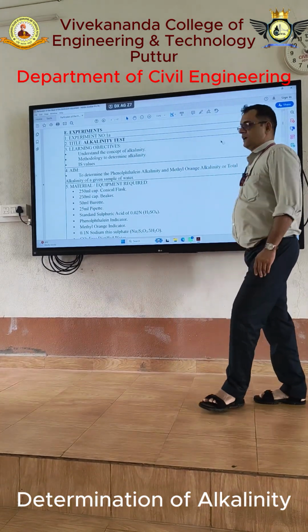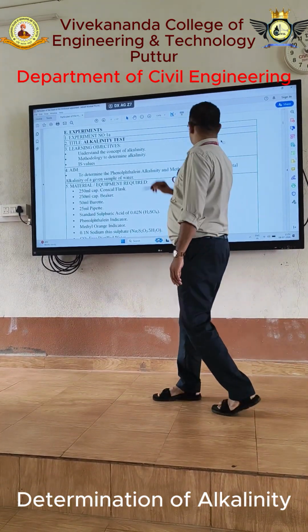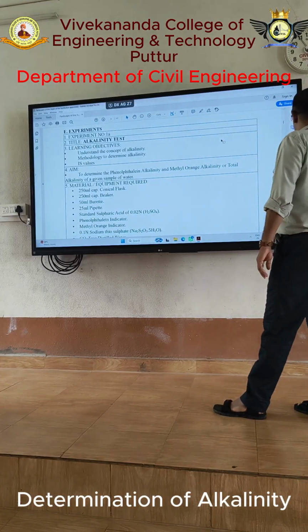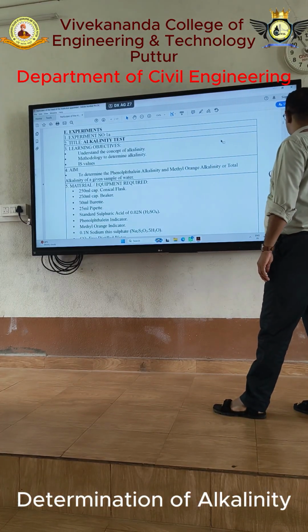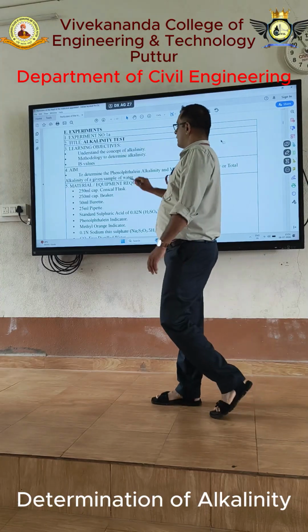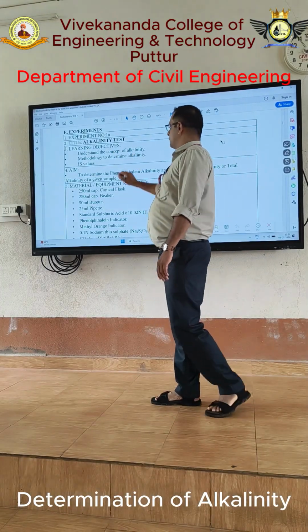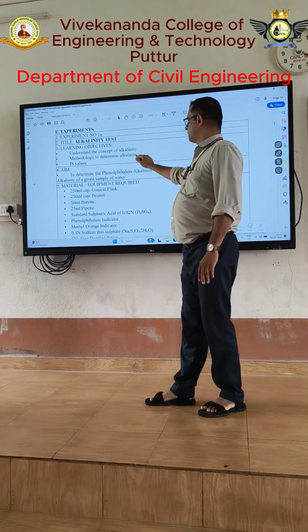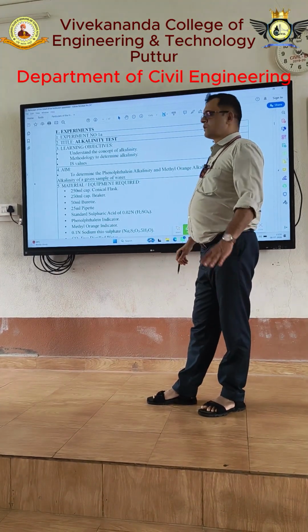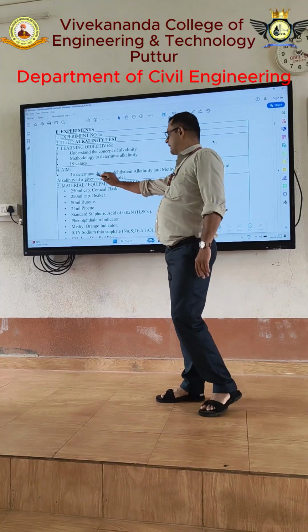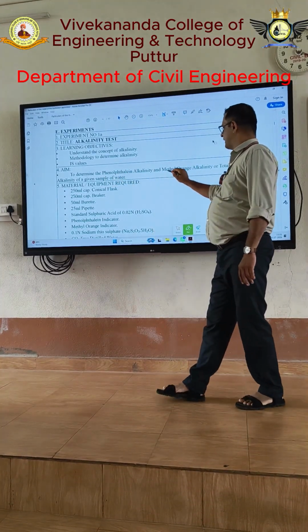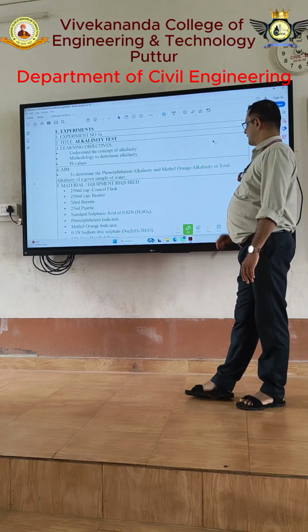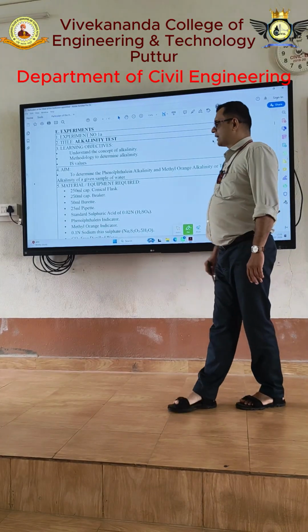Namaste. Today we are going to conduct the alkalinity test. For the alkalinity test, we require a learning objective: understand the concept of alkalinity. The methodology is to determine the alkalinity. So the aim of the experiment is to determine the phenolphthalein alkalinity and methyl orange alkalinity, or the total alkalinity, of